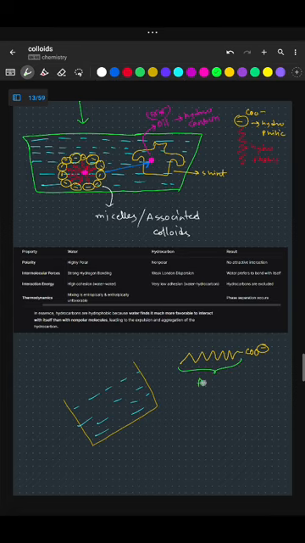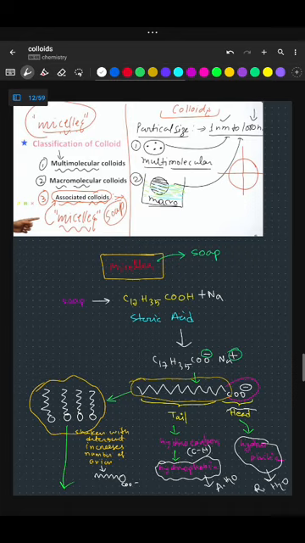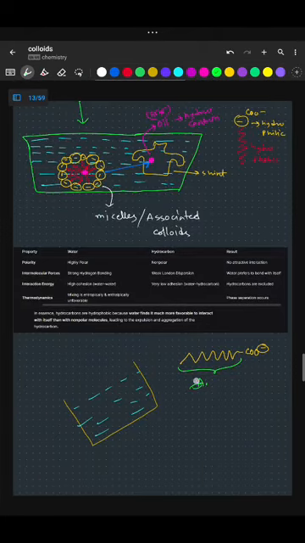Sorry, there was a silly mistake. The hydrocarbon repulses water, and this anion part attracts water. So when you put it inside a water solution, due to the repulsion,